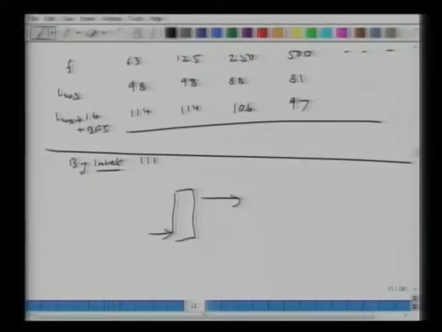Because power is 10 log something. So half of this noise is coming from the inlet of the fan and half from the outlet of the fan. This is an assumption. So half of the noise translates to 111, 111, 103, 94, and the other half is coming from the outlet. Why do I need to know this? Because if I have to do some ANC, active noise cancellation, I can place a small transducer in the inlet and it will correct the signals. So this is the signature for a fan.